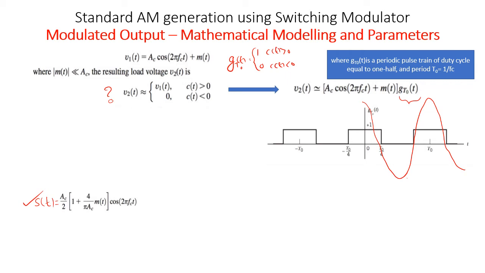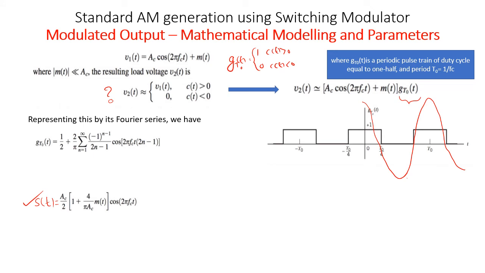Now from this, can we obtain this expression s(t)? This is a standard expression for AM. Somehow we have to do some mathematical manipulations and reach here. What can be done? That is the question. In last semester you have studied Fourier series representation, so maybe we can represent this pulse train as a Fourier series. If I represent it as a Fourier series, I can write it as a weighted sum of cosinusoids, like harmonics of cosinusoids. So that's what we are going to do now.